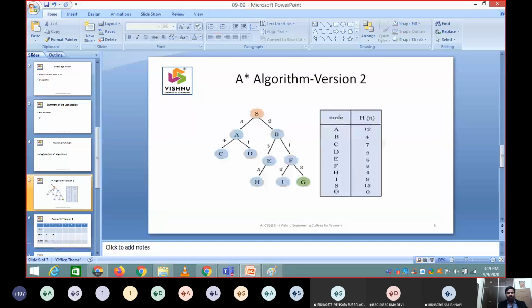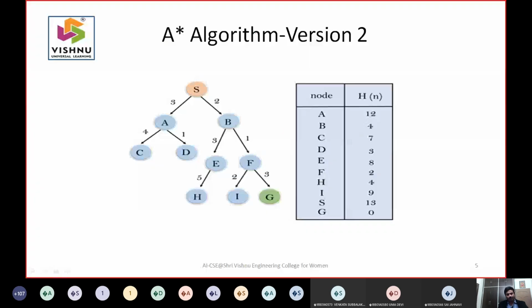What is the heuristic value of A and what is the heuristic value of B by seeing this diagram? In the A star algorithm, the value is the distance from the starting state to the current state plus the estimated cost.